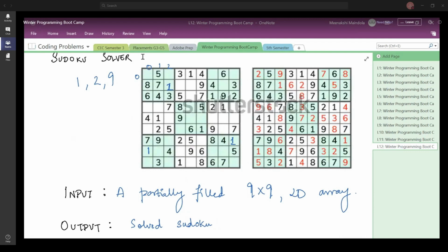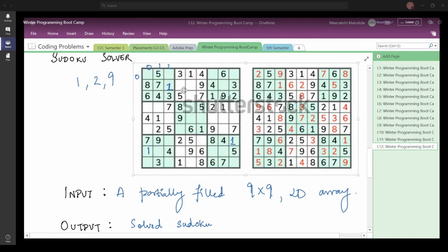Then you try with digit 2. Digit 2, you cannot find 2 in this row, you cannot find 2 in this column, and you cannot find 2 in this submatrix. So you simply write down 2 here. Then you go to the next empty cell and you do the same thing.